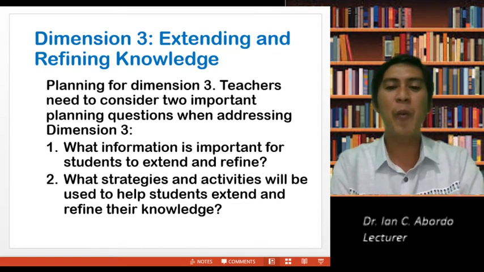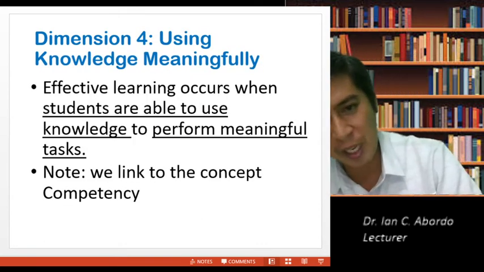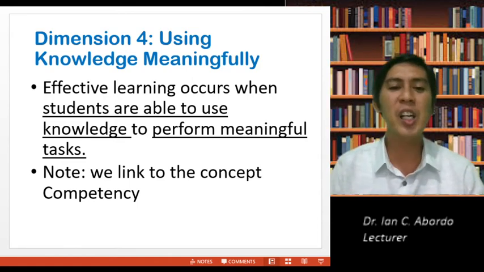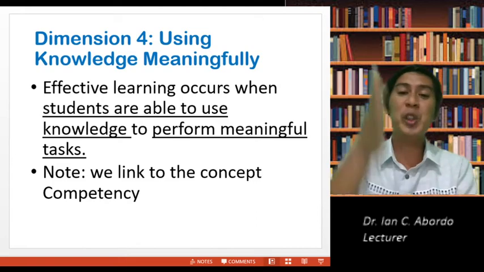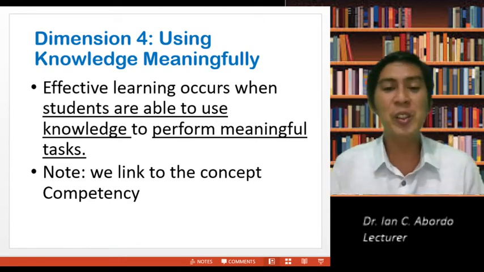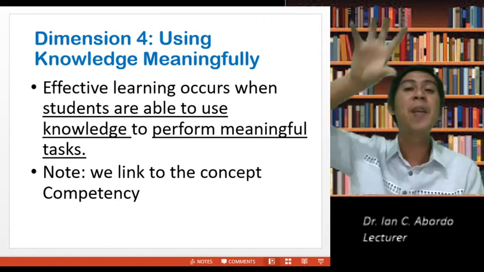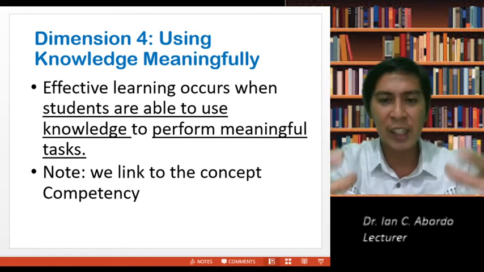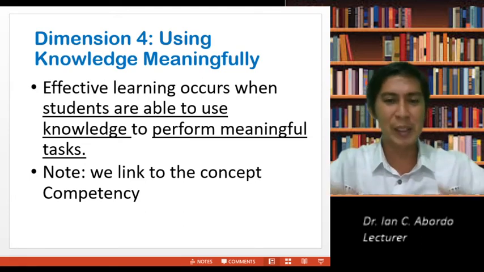Dimension 4 then is using knowledge meaningfully. So effective learning occurs when students are able to use knowledge, and this is transfer, this is competency. So here you begin to develop the competency. If you have stated earlier in dimension 1 the goal, then at this time they will start practicing performance tasks.